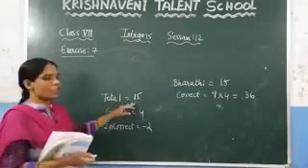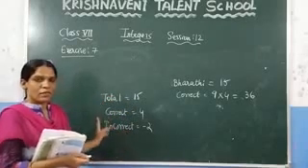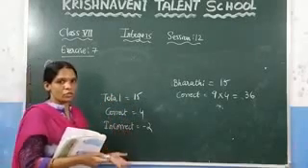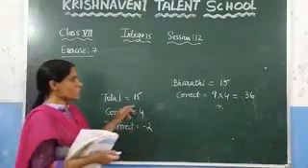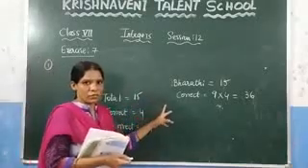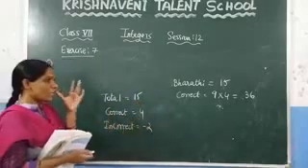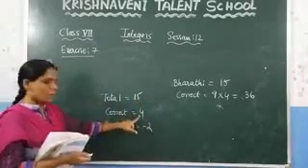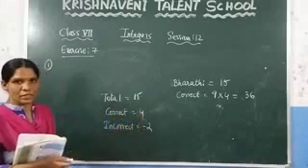Here what's the question given here? Total number of questions are 15. For each correct answer they are giving 4 marks. For each wrong answer, they are reducing 2 marks. Based on this, you need to solve 2 questions here. What is said here? Bharati attempts 15 questions. In that, only 9 questions are correct. So, if for each correct answer they are giving 4 marks, for 9 answers, they have to give 9 into 4, which is 36 marks.